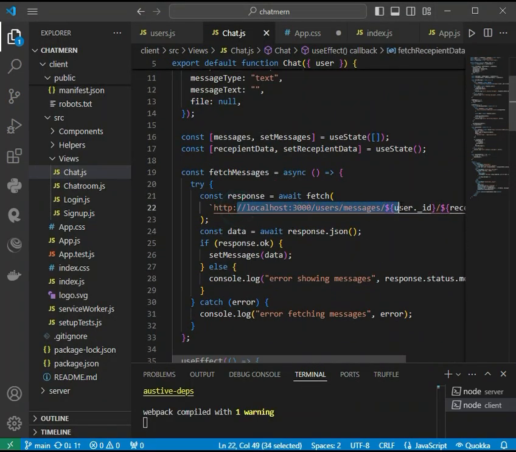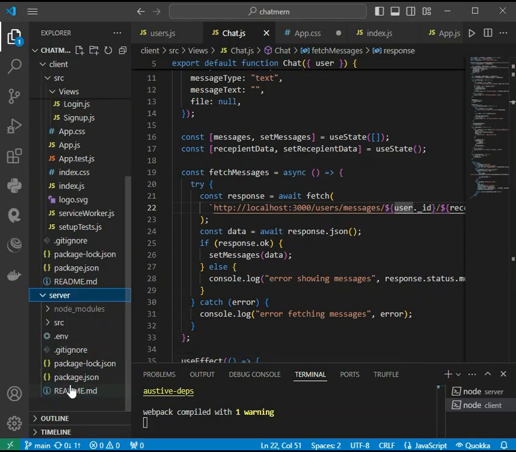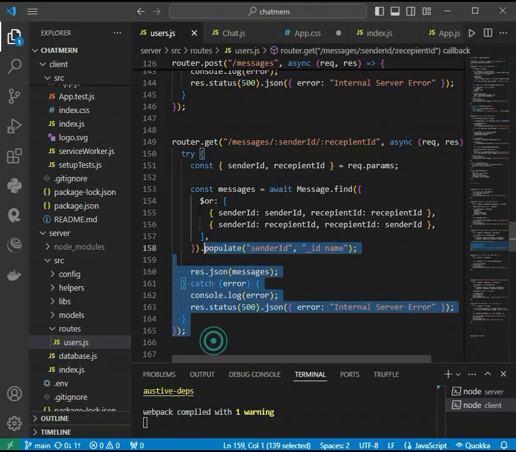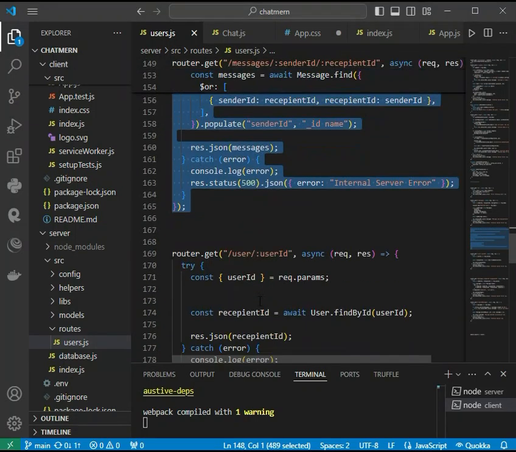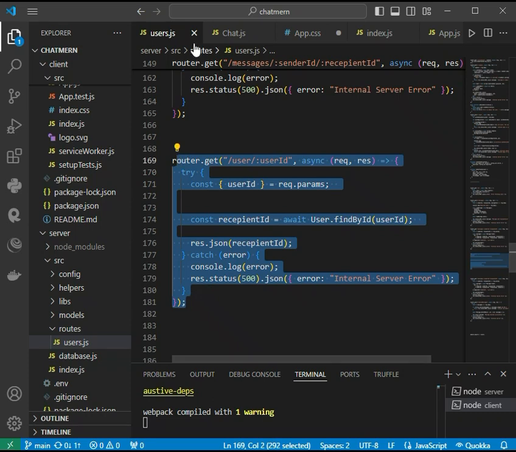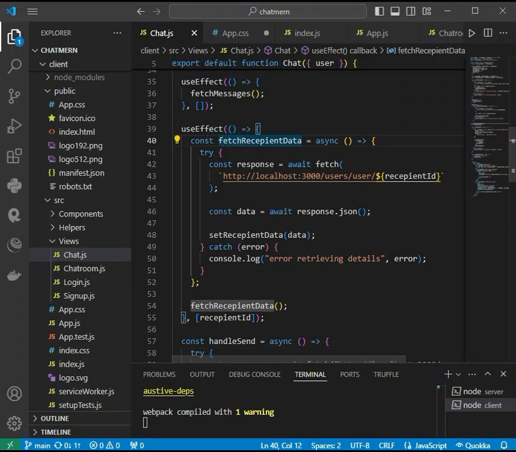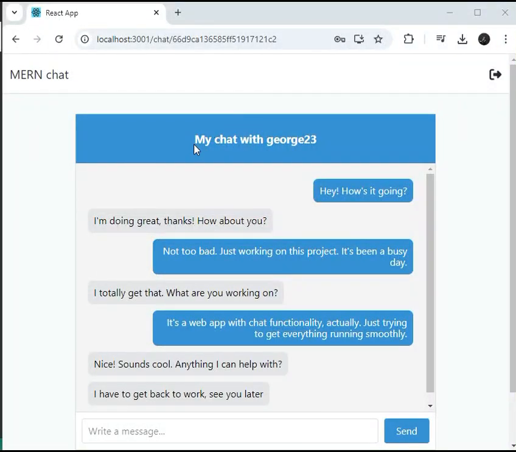And remember, these routes correspond to the ones we already explained in the backend section. And the next one we're going to see now is this one. And this function basically is responsible for fetching and storing information about the recipient, like the username, and it allows us to display recipient specific details such as the name. As you see here, my chat with George,